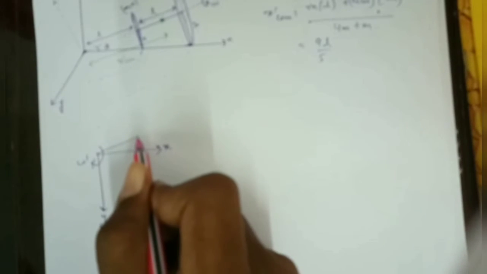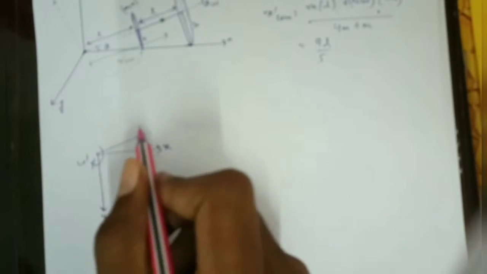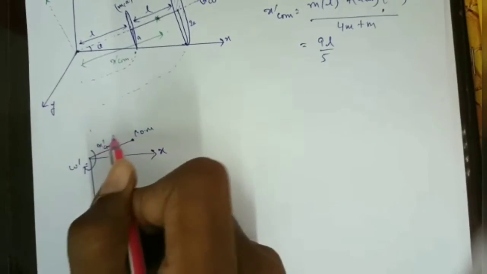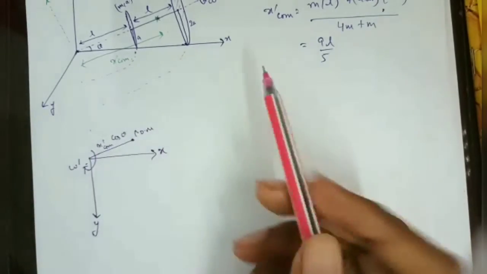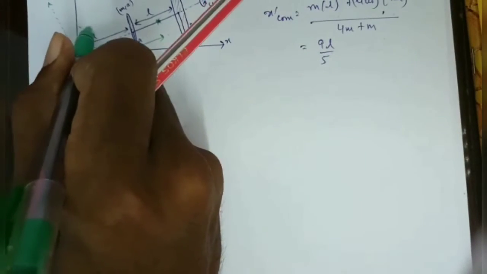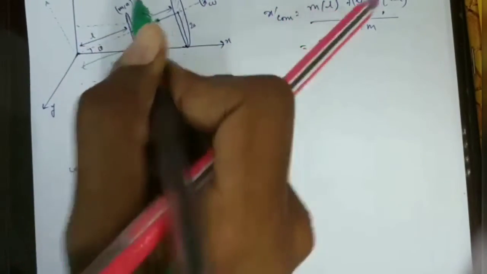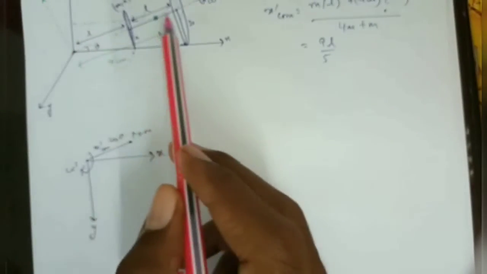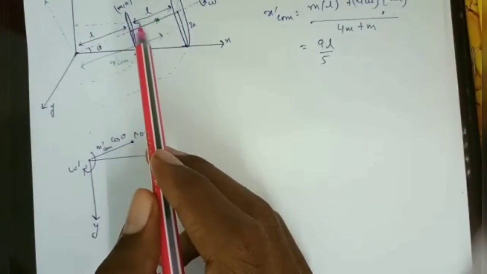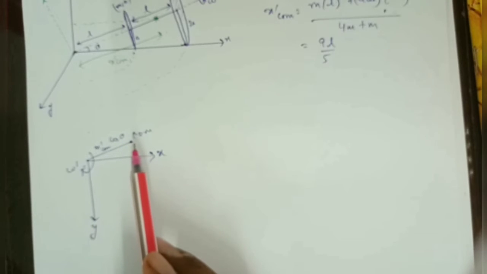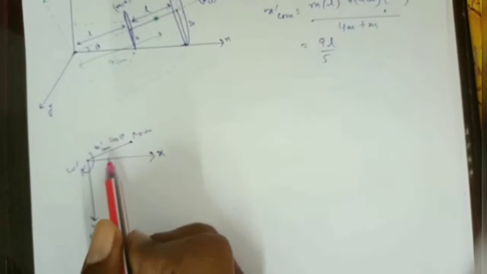The center of mass is located at a distance x prime COM cos theta, isn't it? I'm talking about this distance. So it's located at a distance x prime cos theta from the center of mass. Not just that, but